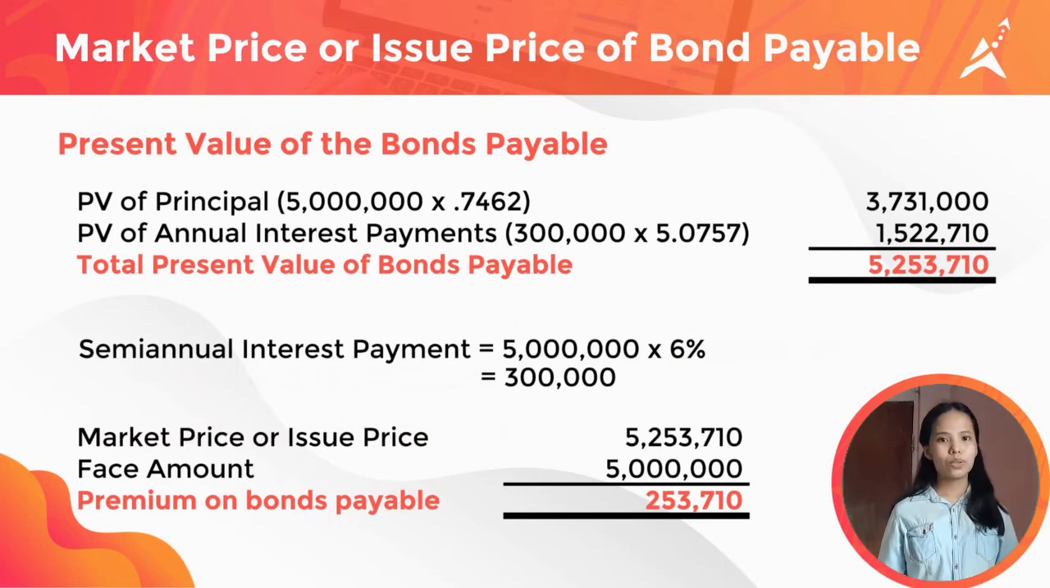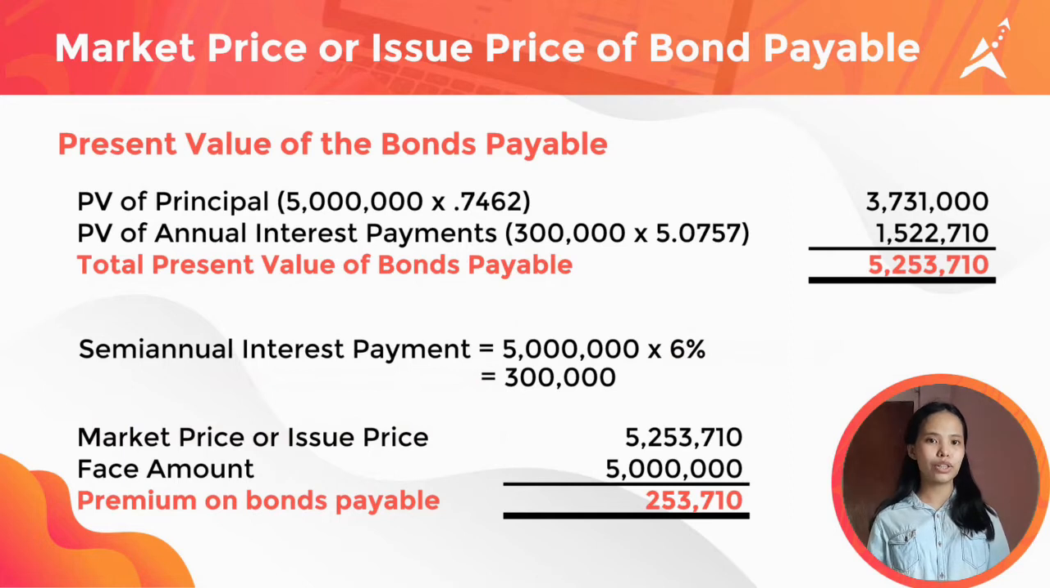To find the present value of the interest payments, we need to find first the value of the semi-annual interest payment. So 5 million times 6%, 6% because since it is semi-annual, we just need to divide the 12% nominal rate by 2. The semi-annual interest payment would be 300,000. So 300,000 times 5.0757 is equal to 1,522,710. Add the present value of principal and the present value of interest payment. The total present value of bonds payable would be